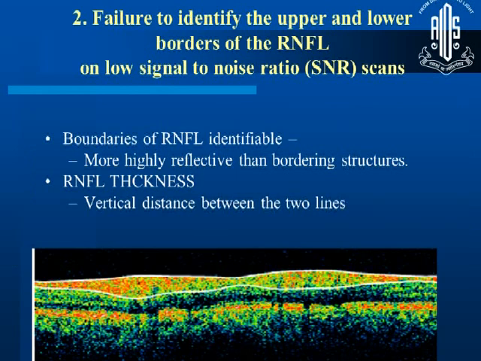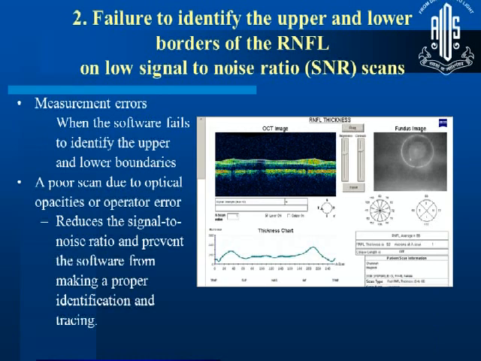Sometimes there was failure to identify the boundaries. Now in a signal to noise ratio 10 scan like this, it's easy to identify it, the vertical distance between these two white lines, but then if it wasn't, then there would be a failure, like a media opacity like this. Here in this area, we're not really sure of what the boundaries are, and these low RNFL scans may not necessarily be glaucoma, but it might be due to failure of identification.